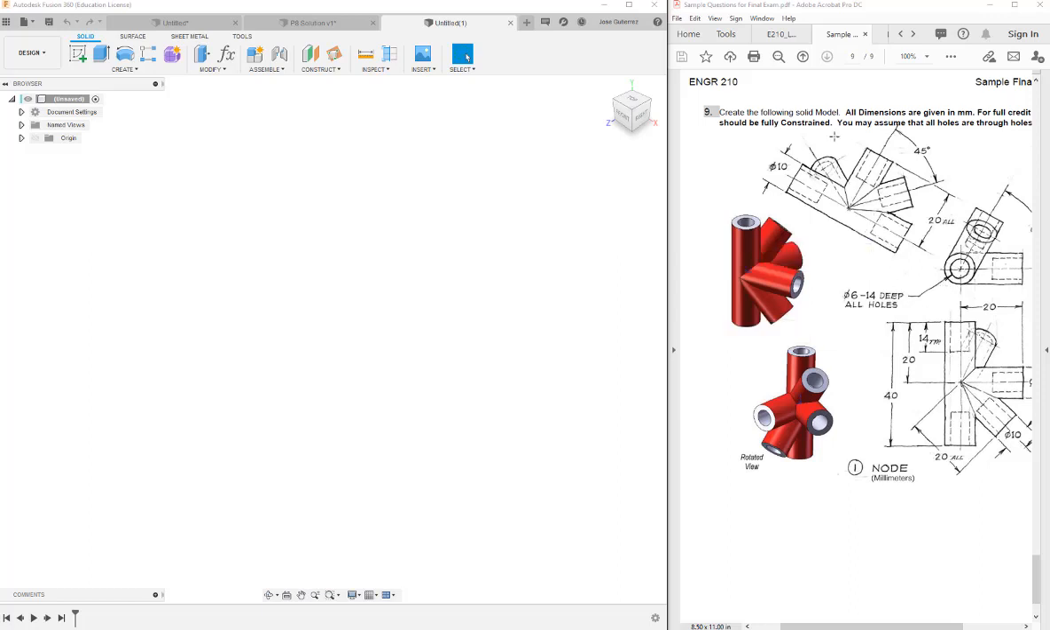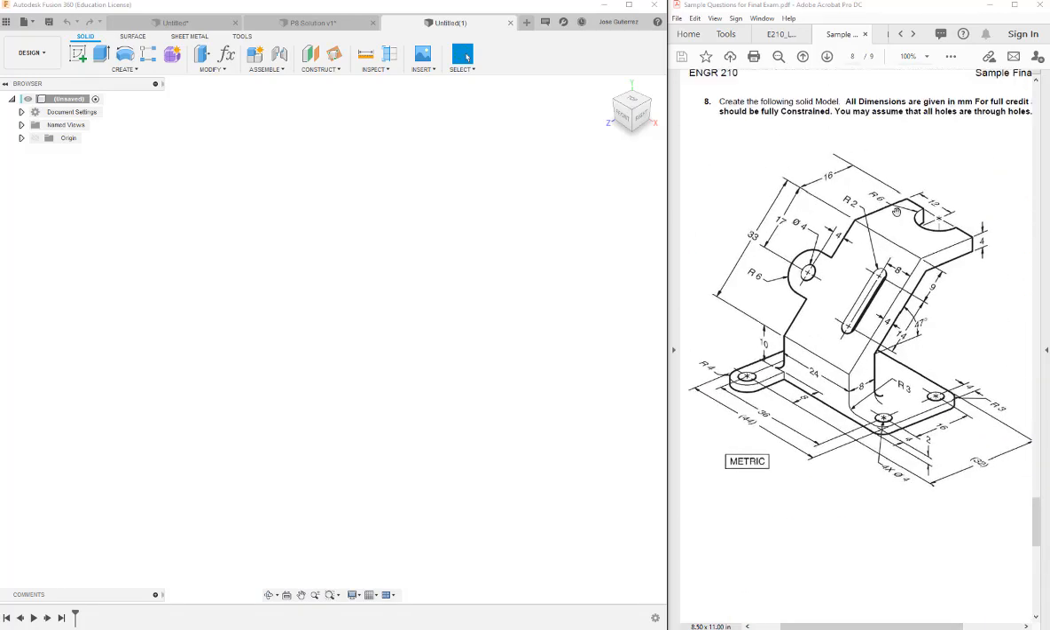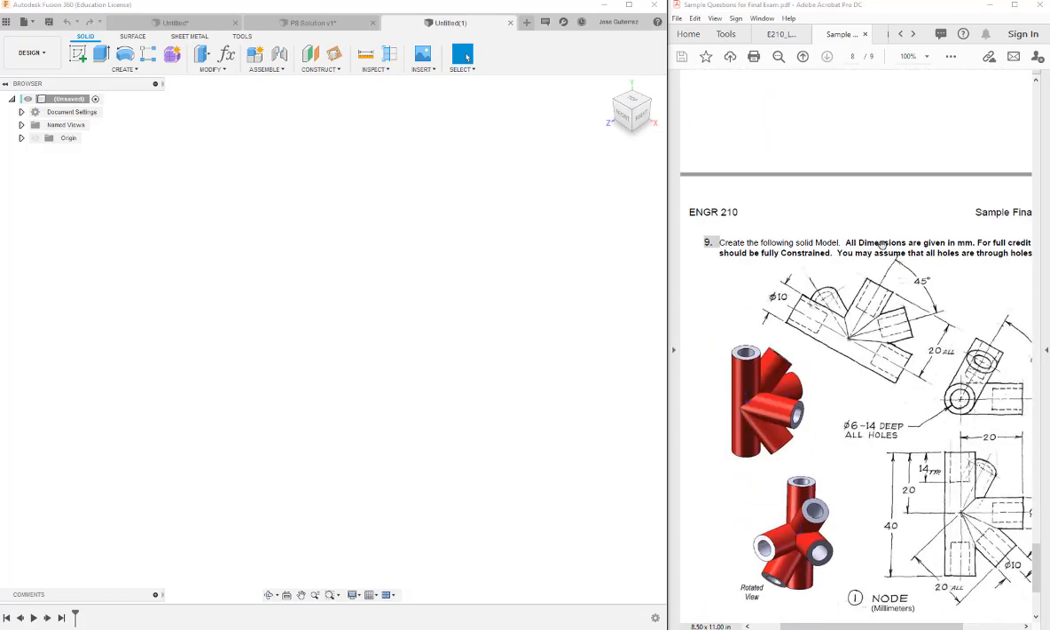Hi class, in this video I'm going to be working through how I'm going to make a solid model of this bar connector here. So this is for our sample final problem number 9. And this one is quite different than problem 8, which we just previously went through, in that the operations are